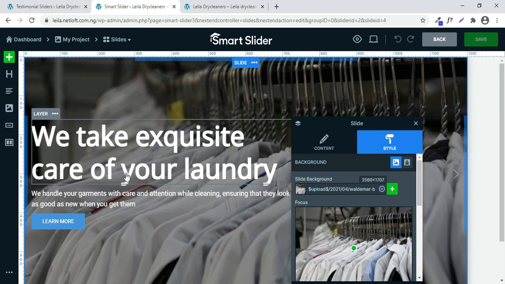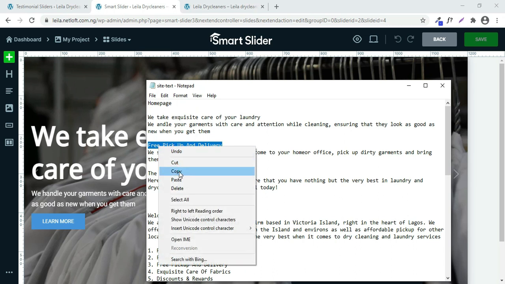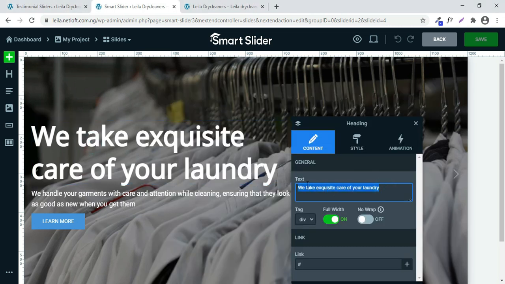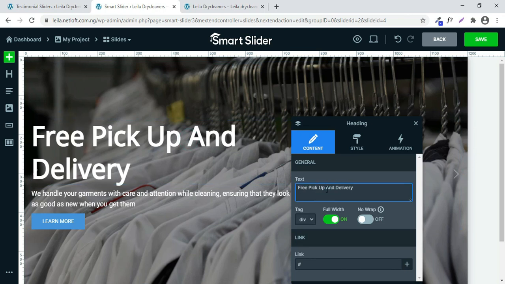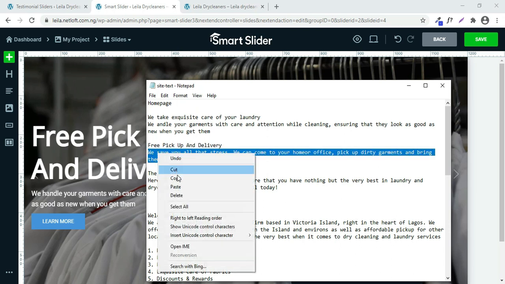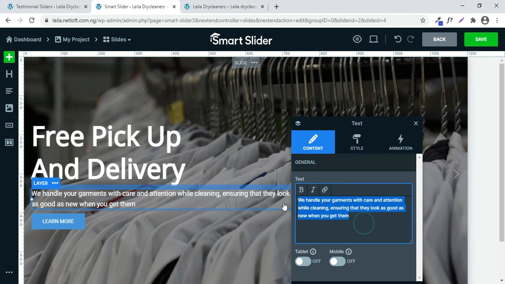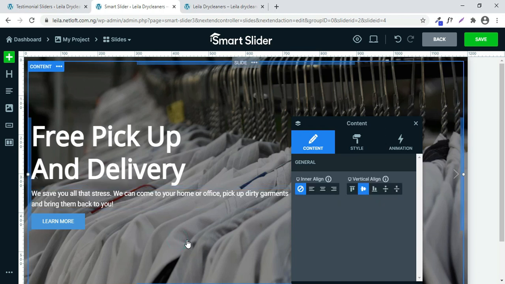So the first thing we're going to change in this second one is the title. So copy, click here, I'm going to paste. Here I'm going to put the text down. Great. And next, copy the text. Here, paste the text. Okay. I think we have a little error there. Okay. So that's that. Finally, we're going to change the